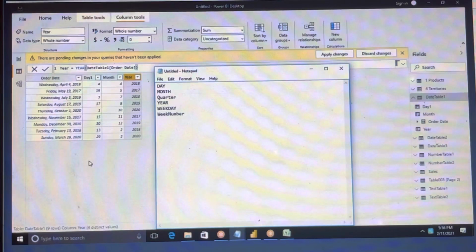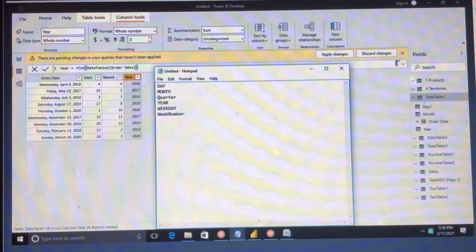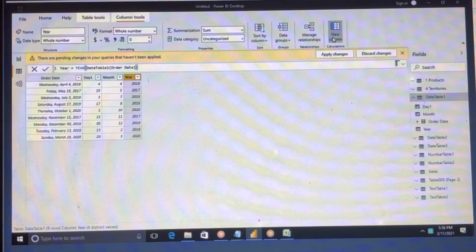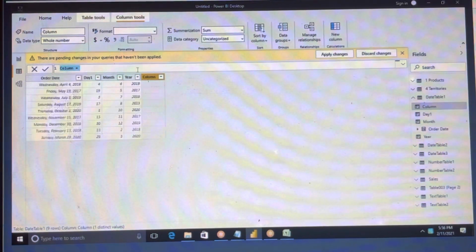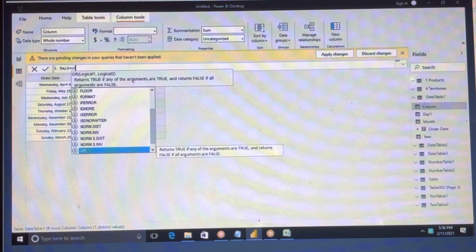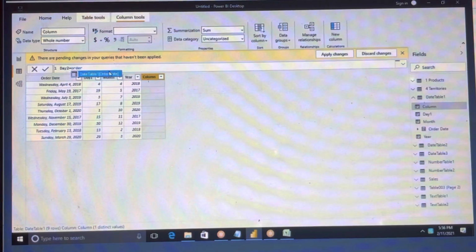Okay, right? And also one more way we can write it. For example, I wanted to get the date. Just click on that. In the home menu bar, you can see the new column. Click on new column. Now I'm just giving the column name day 2. Okay. Directly instead of day, you can write order date.